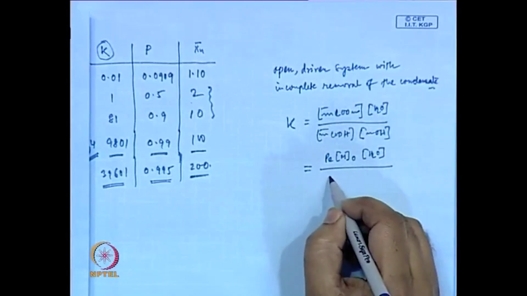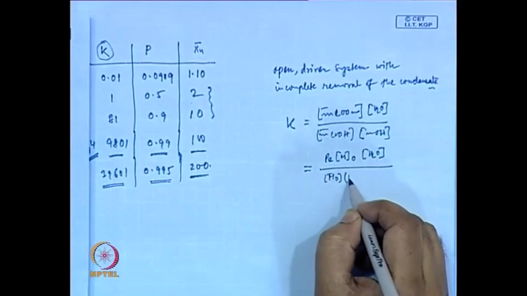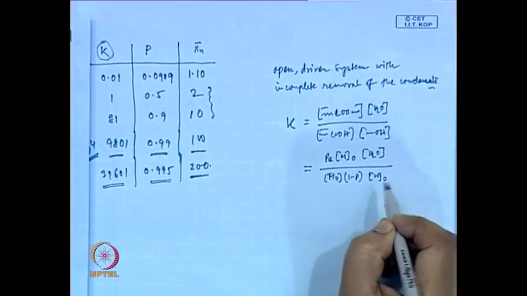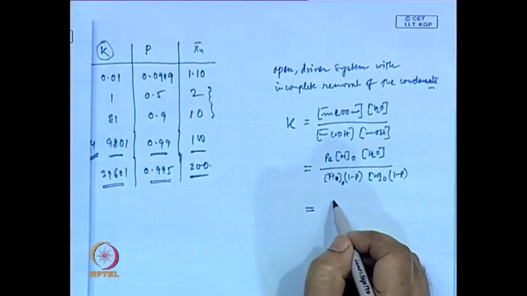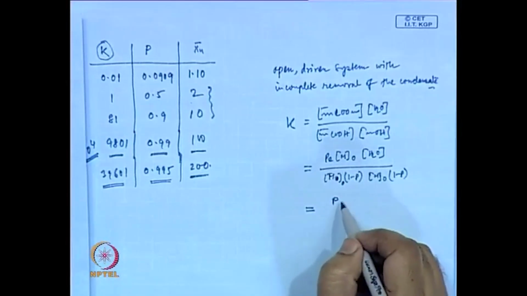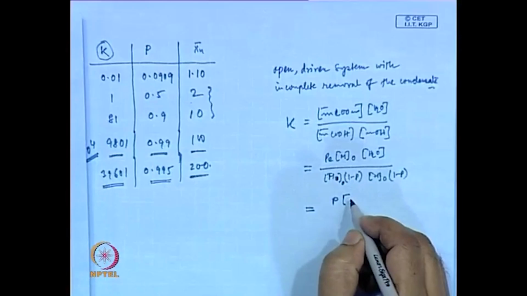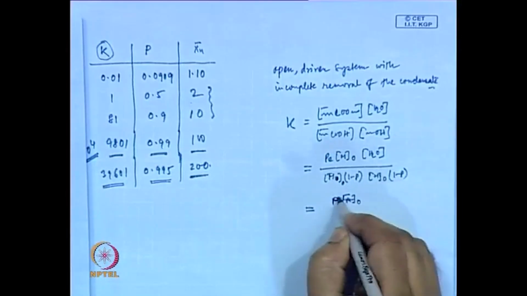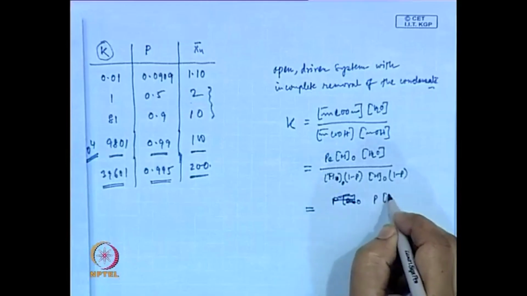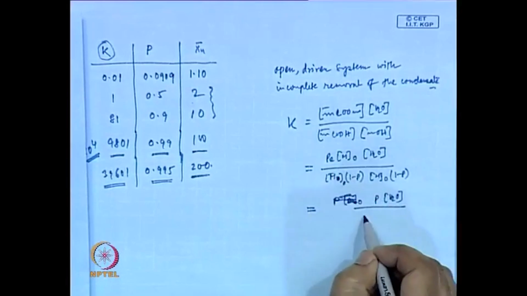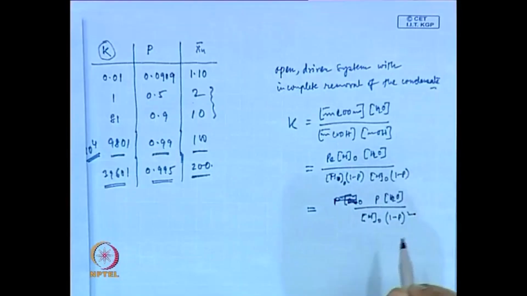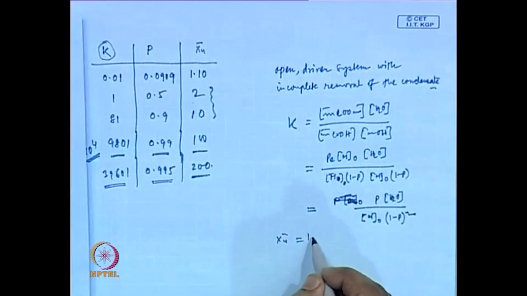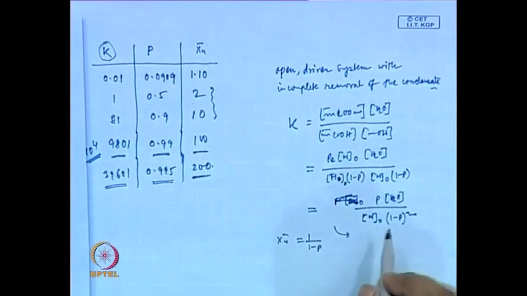So, we are writing like this, and it is again M0 (1 minus P), M0 (1 minus P), which makes this as... now we know Xn is 1 by 1 minus P. So, this can be written as